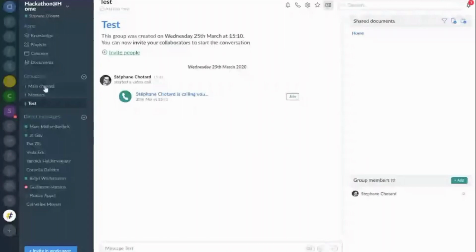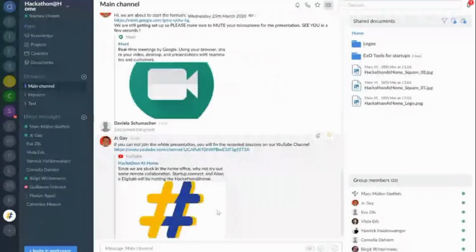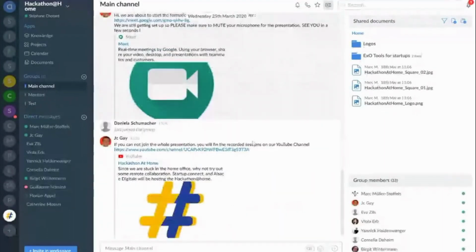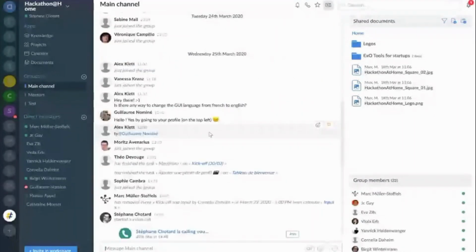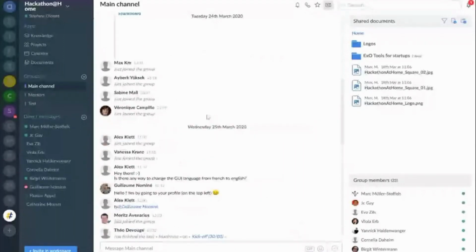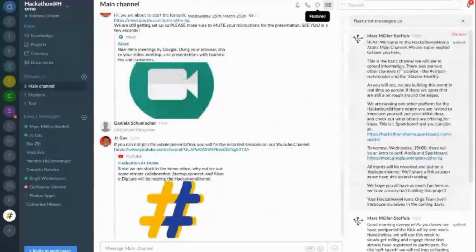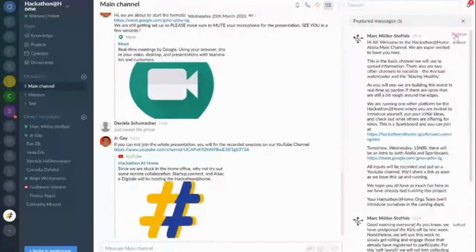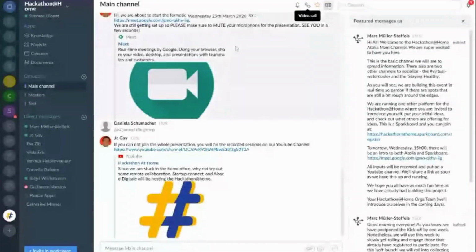Another thing that I would like to show you is a practical tip. As long as you will get going collaborating and talking a lot with your colleagues, there are some important links that you would like to keep at hand. A useful thing to do is to click the little star. Then when you click there, you'll have all the featured messages, the important messages that you want to keep close to you, and you can remove some of them just over there. And that's pretty much it for